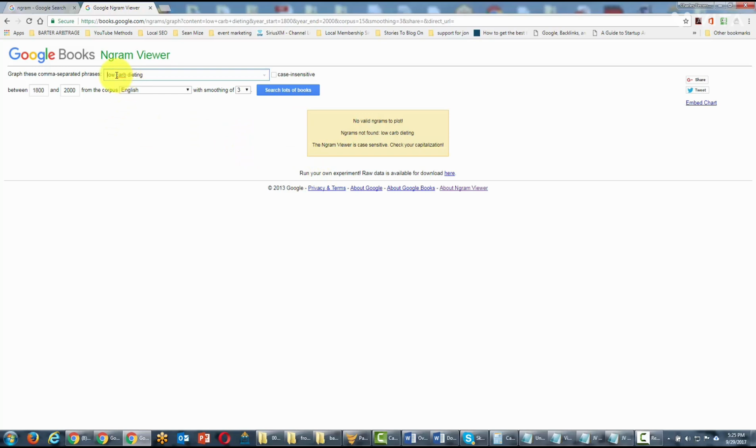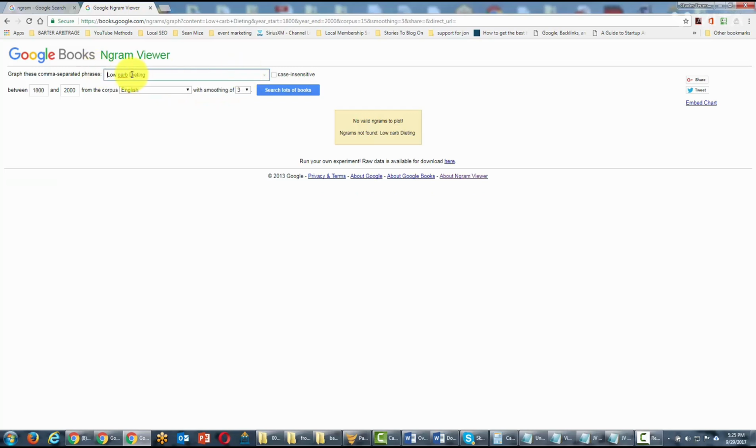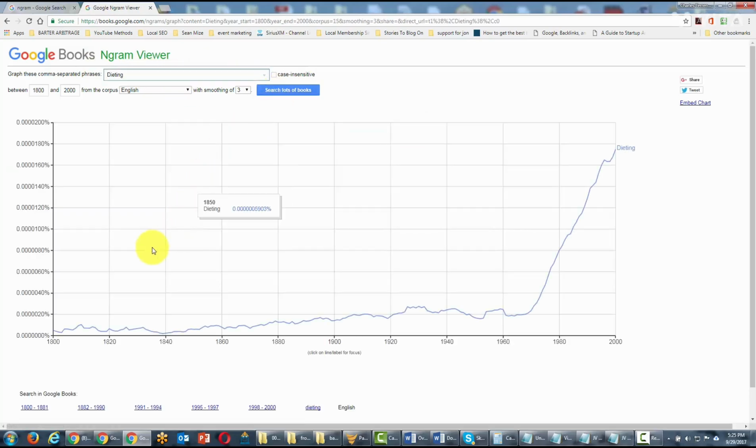And so what we can also do in some cases is change the case, although that probably will not necessarily change this particular term. Now, of course, if we were to just use the term dieting, that word would probably appear lots of times in the course of the last years. And you'll notice that the term really picked up in popularity after the 1960s. So again, this is just another way of getting another view of your keyword. And if your keyword was one of those terms that would have been used prior to 2000, you may be able to get some insight on it.